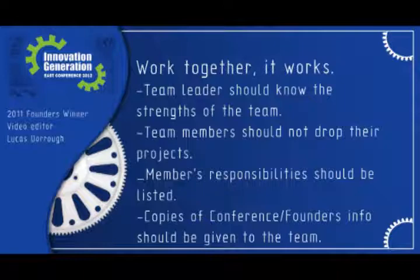And the second thing is don't drop projects. And if you don't have a project besides the Founders Competition, get one, because if you have 8 people working on the Founders project like we did, that's a large percentage of your EAST student body, depending on your school size. That's not really what the Founders Competition is about. If you're taking 8 students away from projects that might help the community and put them on a project displaying your school,